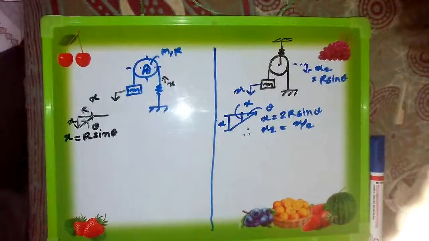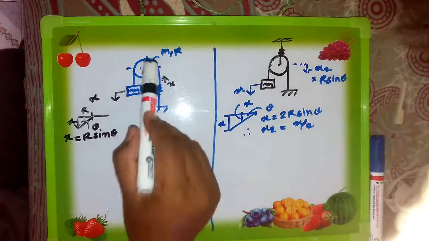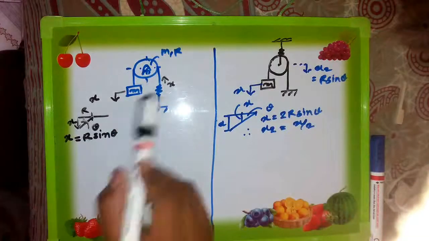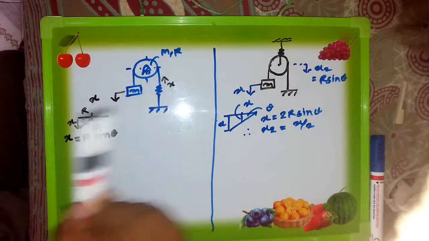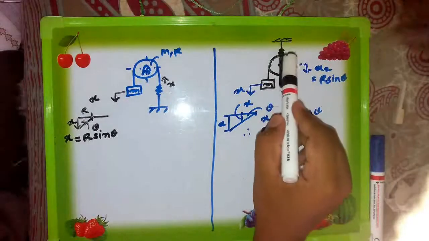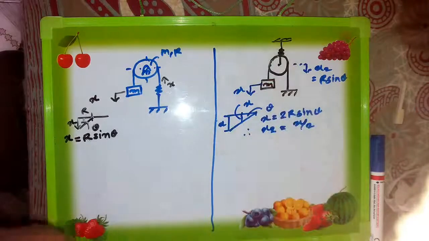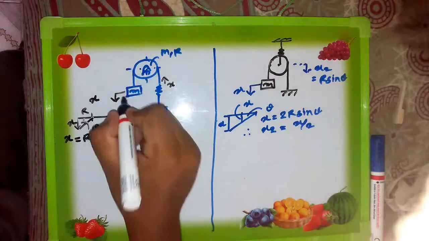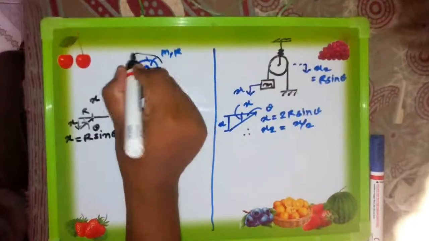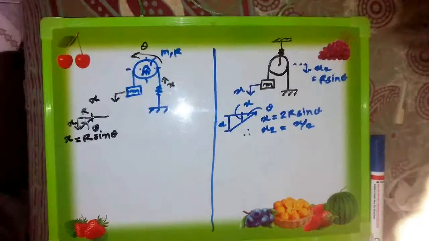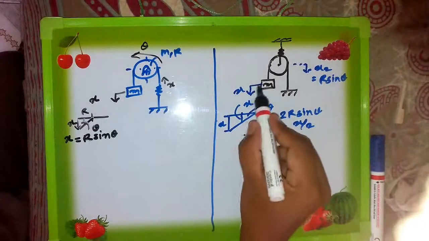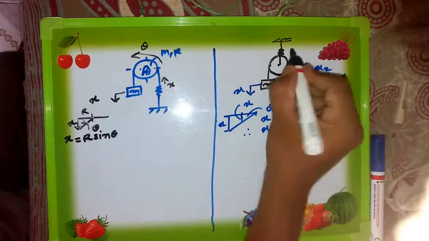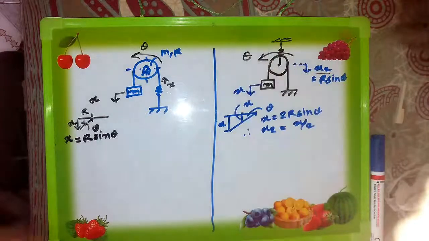Now you can see there are two types of problems. Again a pulley, mass and a spring. Here again a pulley, mass and a spring. But here the pulley is fixed, the location of the spring is here. Here the location of the spring is upward, which is connected to the pulley by means of a spring. It means that in this case the mass has linear motion and the pulley has only rotary motion at an angle theta. But in this case the mass has linear displacement x, this pulley has linear displacement, let it be x2, as well as a rotational motion at an angle theta.